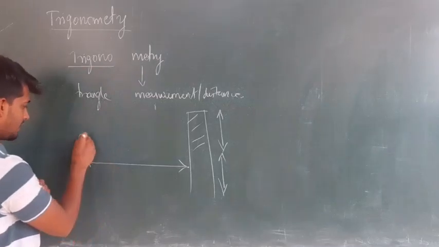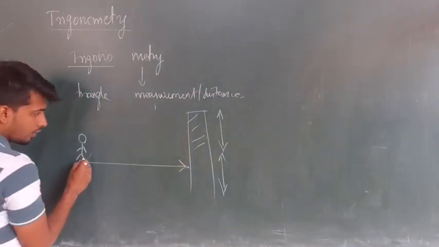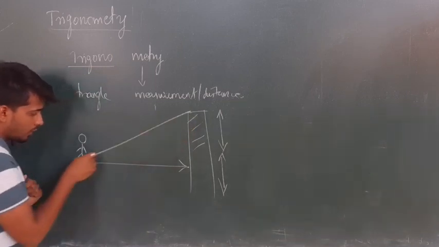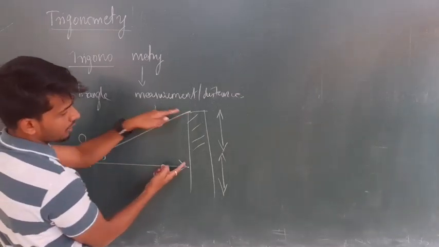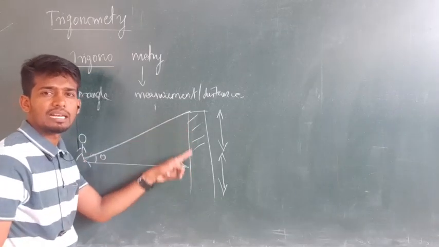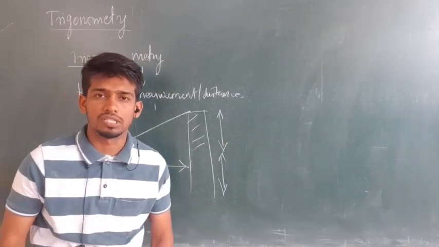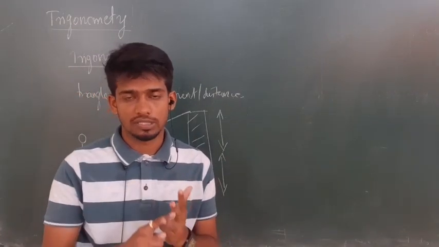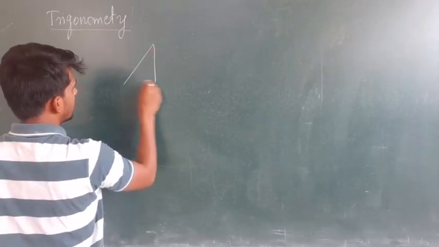Suppose here is a person who wants to measure the height of the object. If he knows this horizontal distance, and the angle from the tip of the object to this point, say theta, then it is possible for us to find the height of the given object. So when we have this information, we can calculate the height of the object with the help of trigonometry. Normally we come across 6 ratios which are sine, cos, tan, cosec, sec, cot. Now let us consider a right angled triangle.